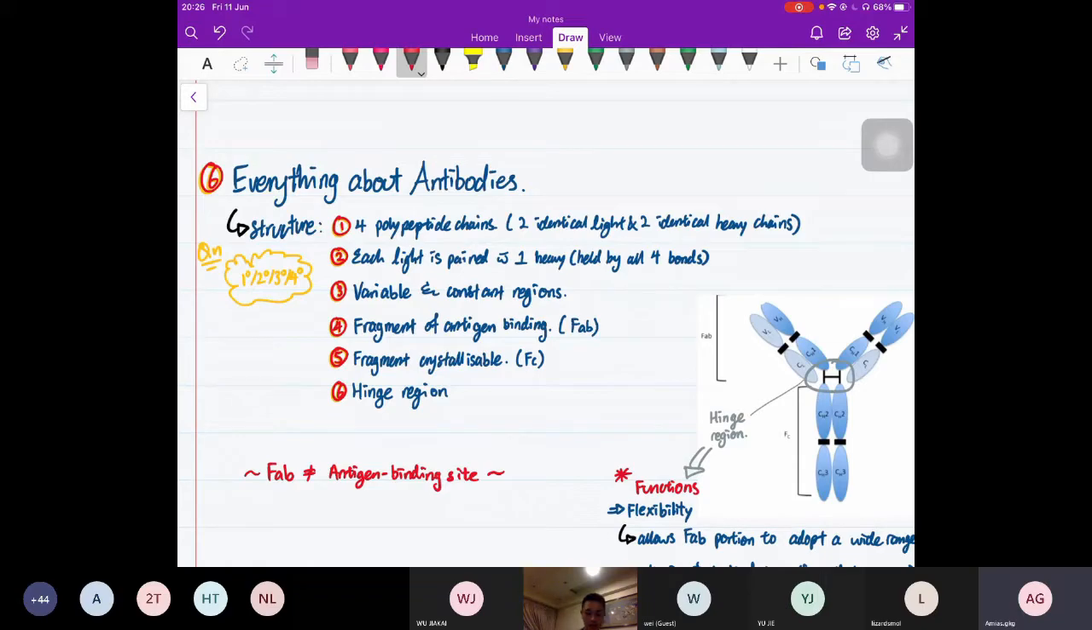Okay, and then this is the part where we link it with proteins. So we're going to talk about 4 polypeptide chains. Immediately, what should come in your head is, what structure does your antibody have? Is it a primary structure, secondary, tertiary, or quaternary structure? Recall in the topic of proteins, when we talk about quaternary, we talk about more than 1 polypeptide chain. So because there are 4 here, immediately in your mind you should know, okay, it's a